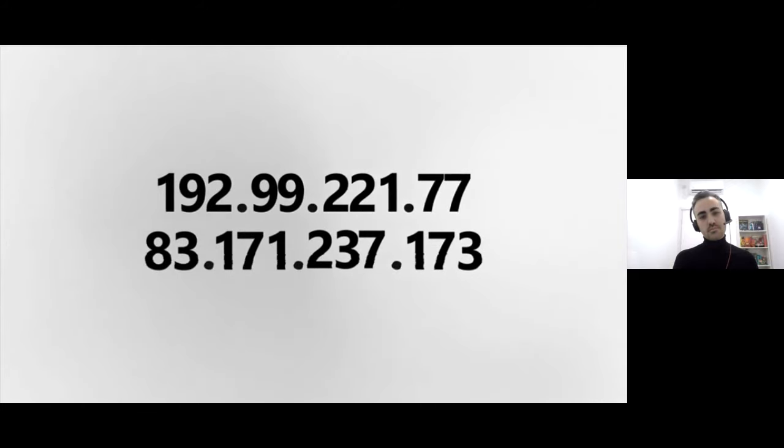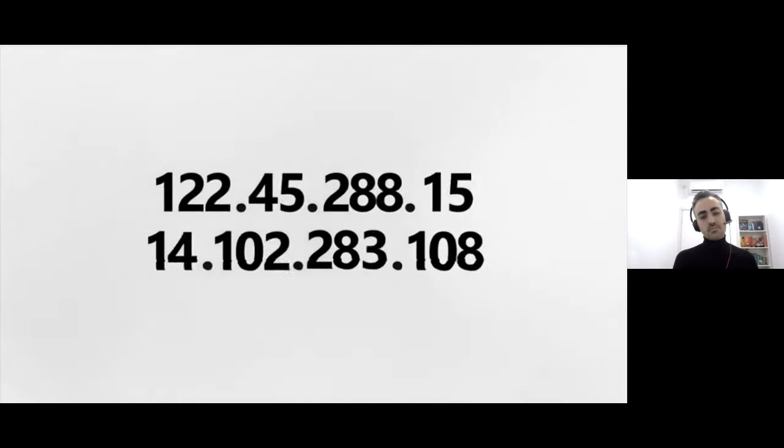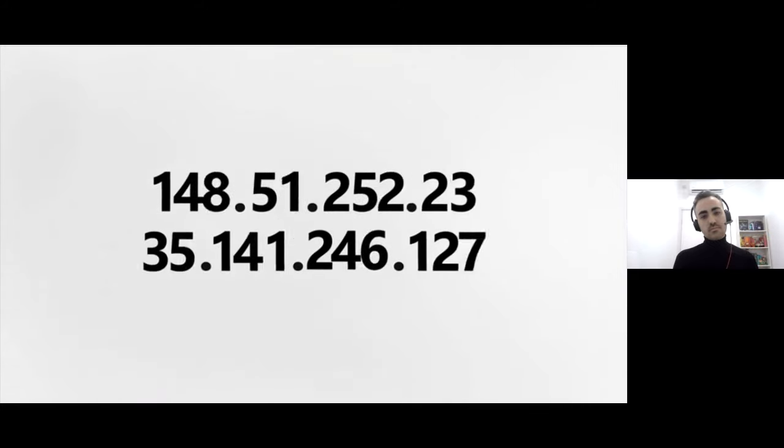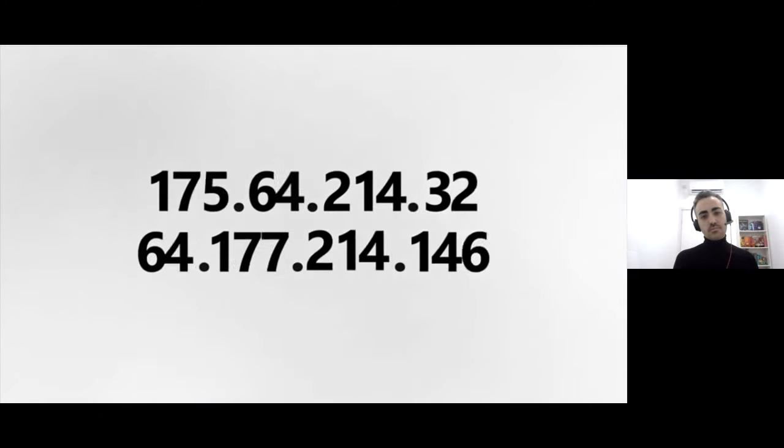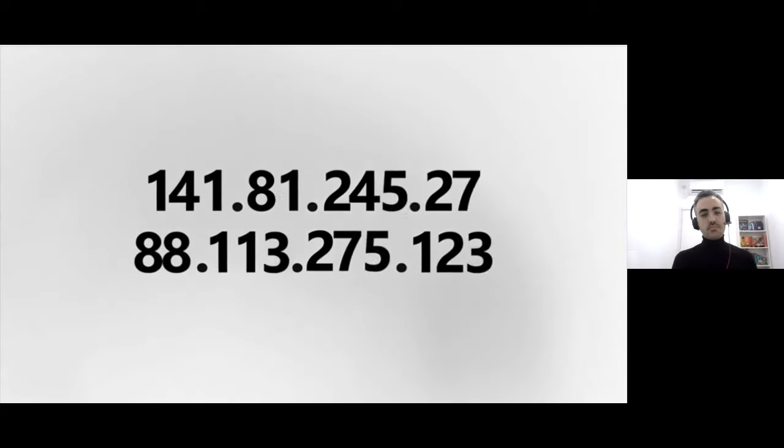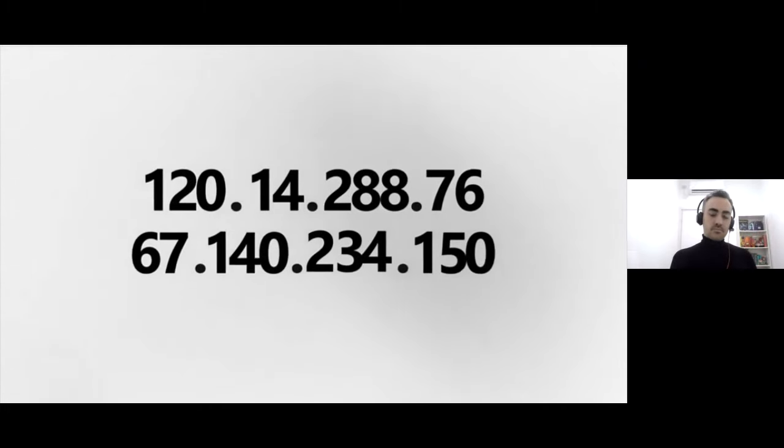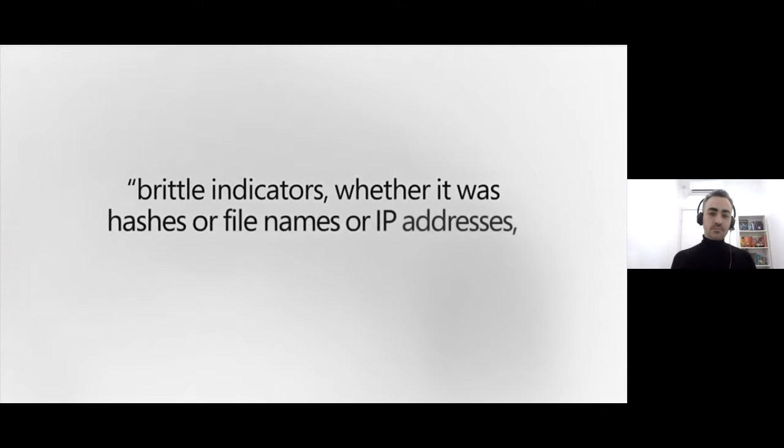Let's just take, if you knew the Nobelium was using a particular IP address at victim A, you couldn't look for that same IP address and go look at victim B, right? They wouldn't even reuse simple things like that. If they were harvesting mail from, let's say, 20 users, they would leverage 20 different IP addresses to harvest mail for different users, or access their mail or log in as them. So brittle indicators, whether it was hashes or file names or IP addresses, weren't really useful.